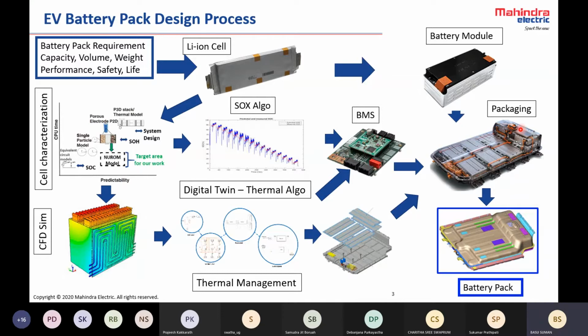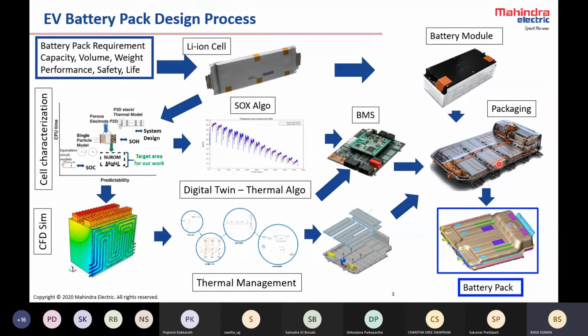In this particular image, you are not able to see clearly, but there will be cooling plates at the bottom of this. For example, cooling plates will look like this. These cooling plates will be placed under these modules. Through these cooling plates, coolant will flow that will take away the heat generated inside these modules due to operation or due to charging, fast charging.